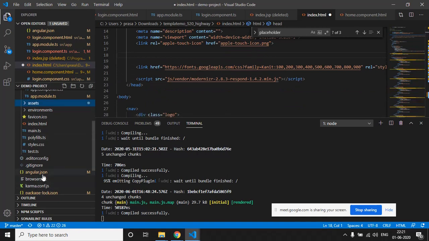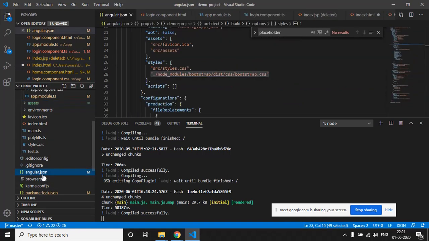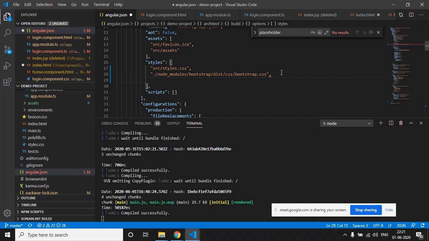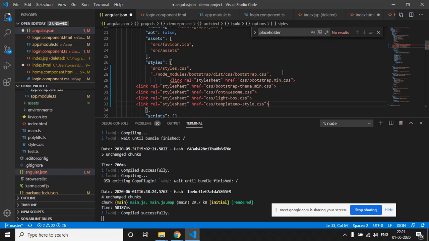So just go to this angular.json file. Now we have to add CSS paths for those files, right? So I will just remove all these things.